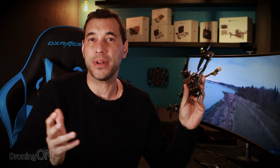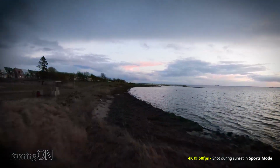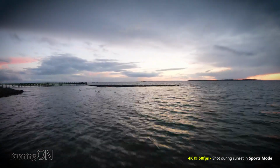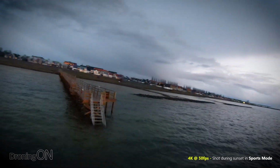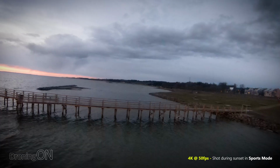But in the meantime, don't let the pressure get to you of everybody telling you you need to fly manual mode. Instead, just make the most of this product in normal and sport mode, because for the majority, it's more than adequate and it will let you capture some really stunning shots. Consider it as a stepping stone towards flying in true FPV, because it's different to fly than a Mavic or a Phantom. So get used to it in normal and sports mode, and eventually maybe you'll be ready to fly